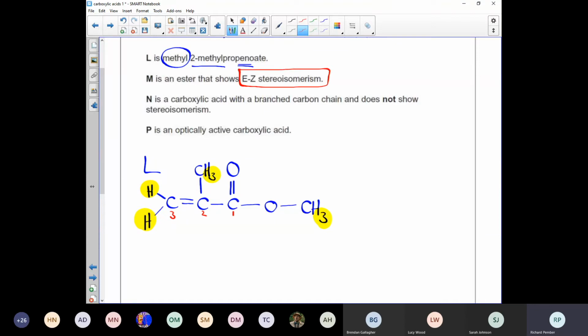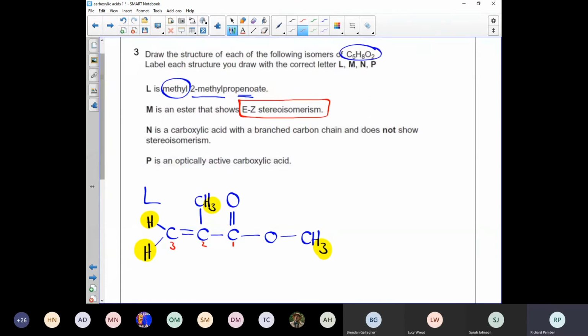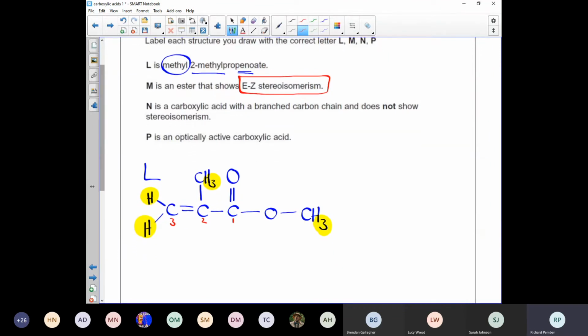The next one, an ester which shows EZ stereoisomerism. Now I think we can see that if we're playing around with this number of carbons, hydrogens and oxygens, and it is an ester or a carboxylic acid, it's going to be an unsaturated one because I don't have enough hydrogens to make it. So if this was pentanoic acid, then we would expect it to have 10 hydrogens in there. So an ester with EZ